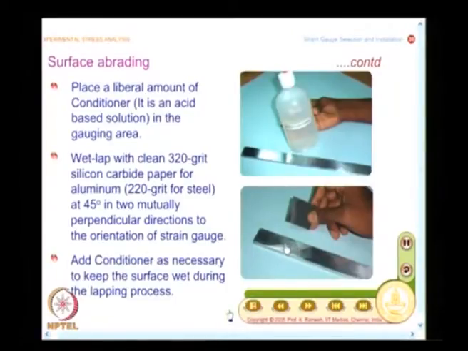You have to add conditioner as necessary to keep the surface wet during the lapping process. The other important aspect is you should not allow the conditioner to evaporate. If you allow it to evaporate, it will form a thin residue.